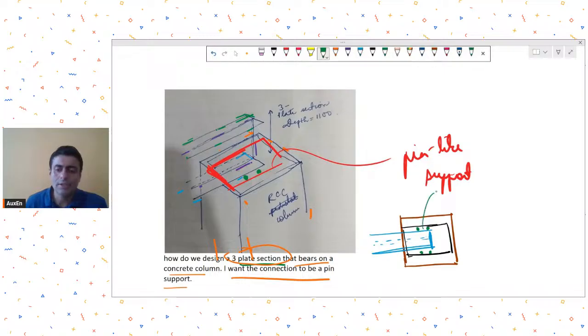If you do this, this can behave as a pin-like support, and then you can do the calculations mainly for the tension uplift. All the compression forces anyway will be transferred through bearing. So in this way you can provide this type of connection and assume it to behave like a pin-like assembly. If you want to have an actual pin, then you will require a more